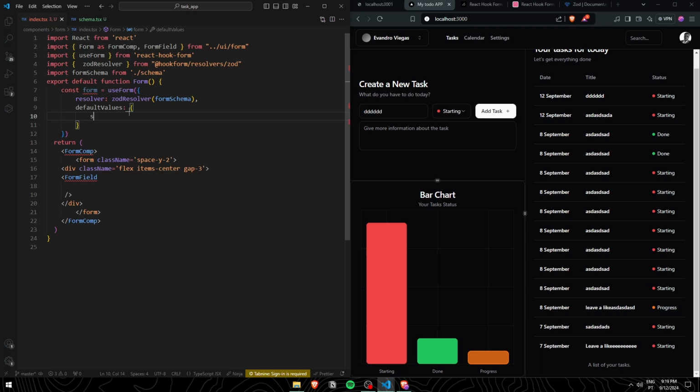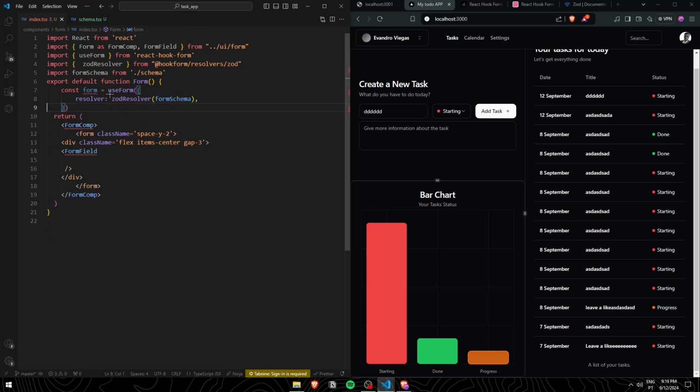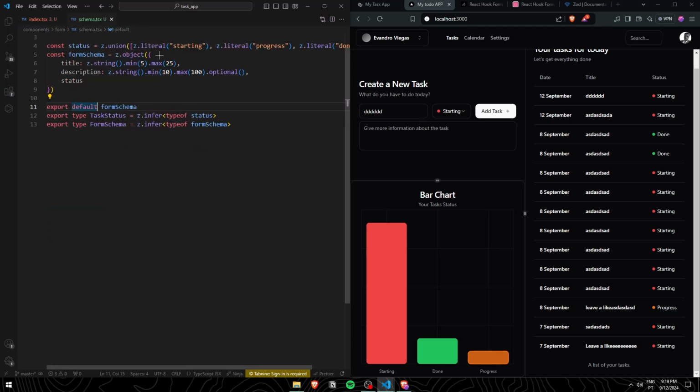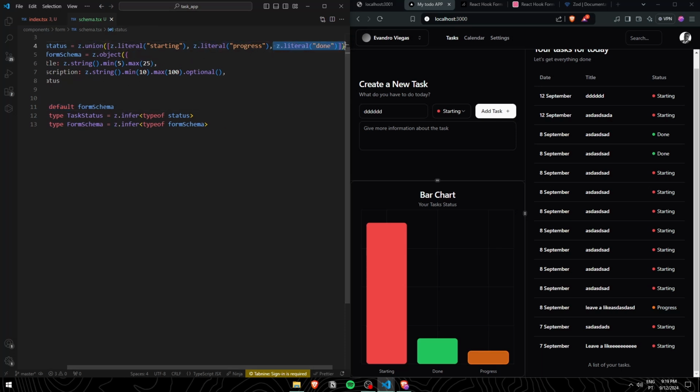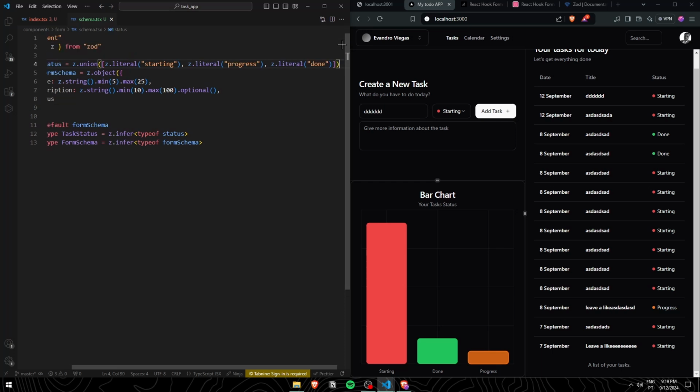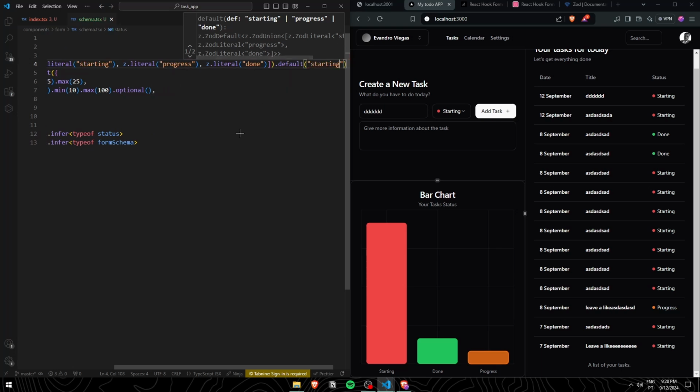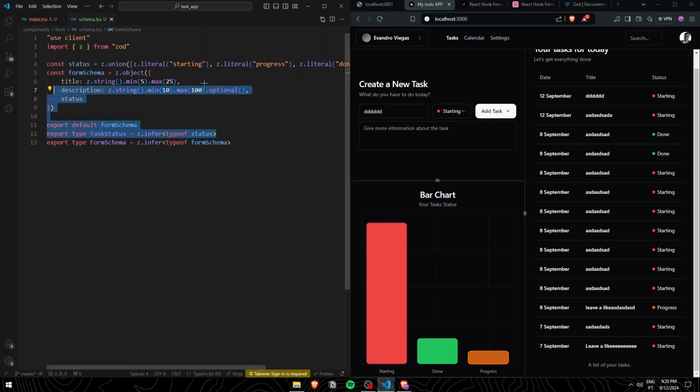We can go something like status. So the default value for status that I want is starting, right? We can do this from here if you prefer, but what I prefer is to go to the schema, go to the status, and just at the end add a dot and add the default, which is starting. So if we don't select anything, the default option is going to be starting,